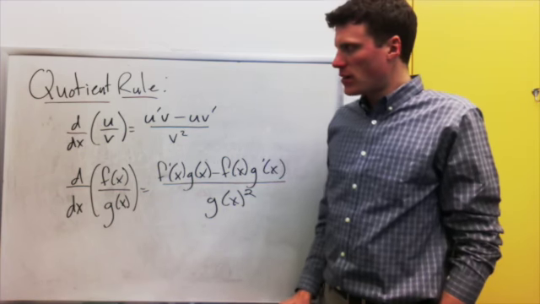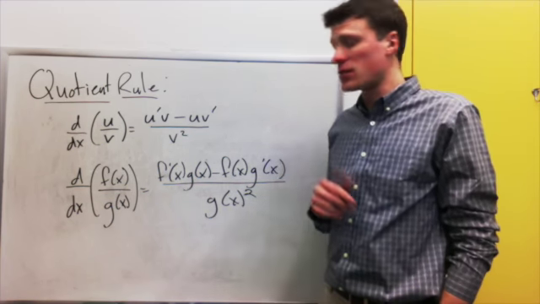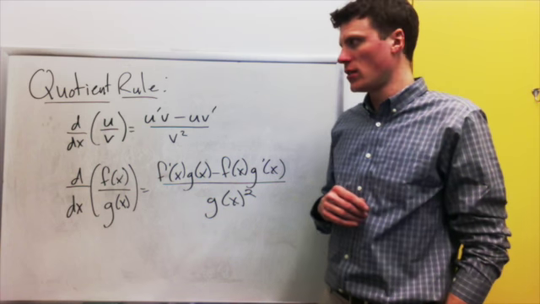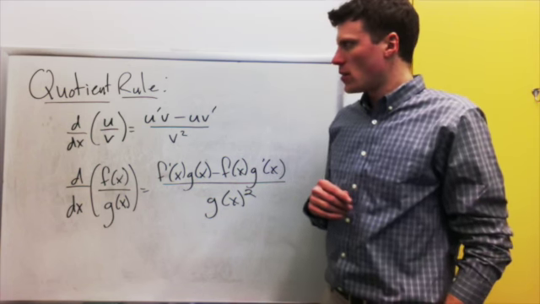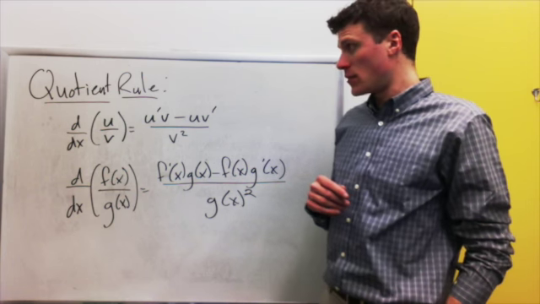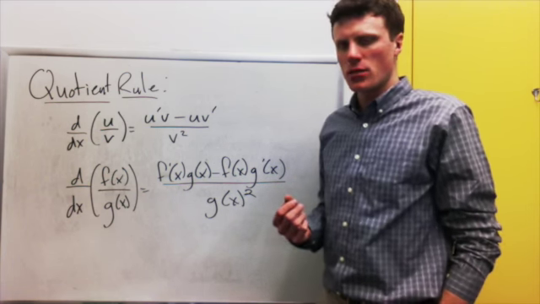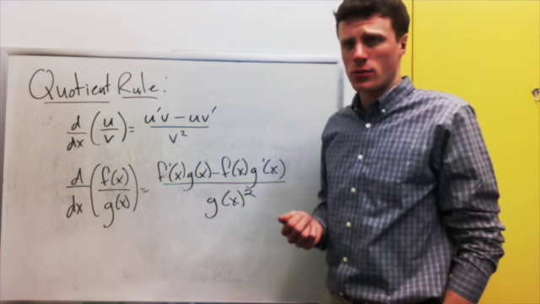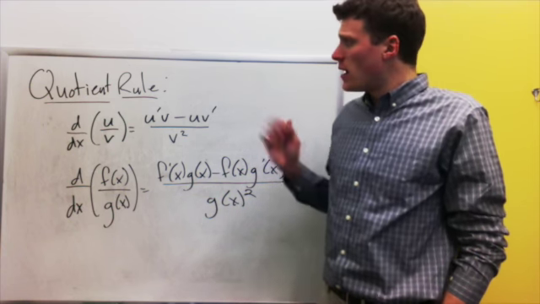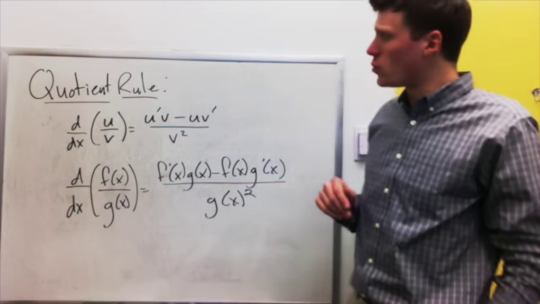Alright, so now we know how to take the derivatives of products of functions. Now we need to figure out how to take the derivatives of quotients of functions. Well, I'm going to leave the derivation for this quotient rule till the end of this video. You don't need to watch it because it's similar to the one for the product rule, but it's really a bit more work and it's not as pretty. So instead, I'm just going to cut straight to the chase and show you what the quotient rule